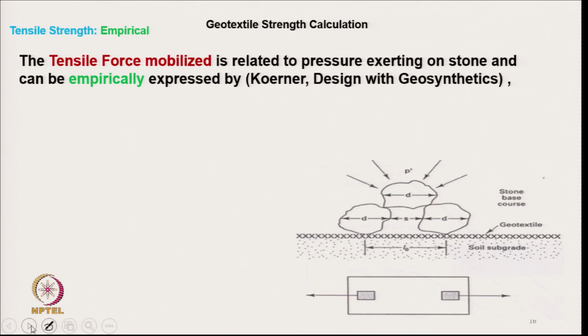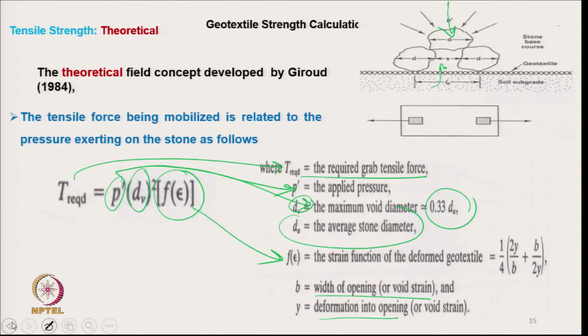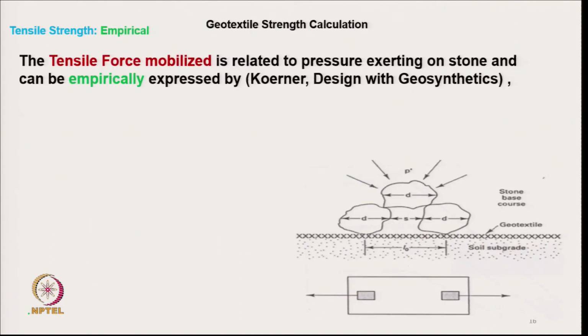So, the tensile force mobilized is related to pressure. Earlier, this tensile force required was theoretically given by Giroud. And Koerner has again proposed a tensile force mobilization value by giving an empirical relationship. What is that relationship? He has given a simplified relationship which is T, that is tensile force mobilized, equal to